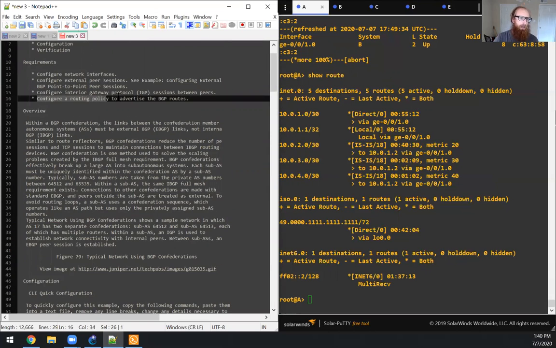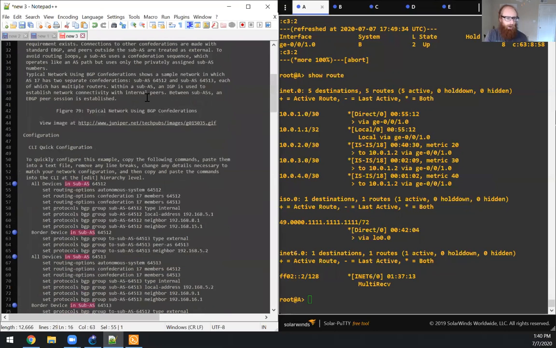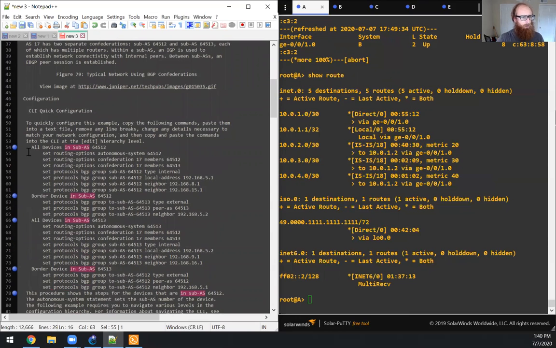Okay, so now we need a routing policy to advertise the BGP routes, but before we have that, we're going to need to set up our EBGP neighborships. So we'll just follow along with this guide here. So we're going to have two